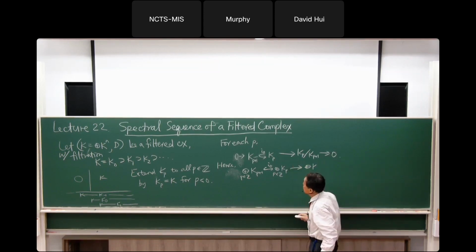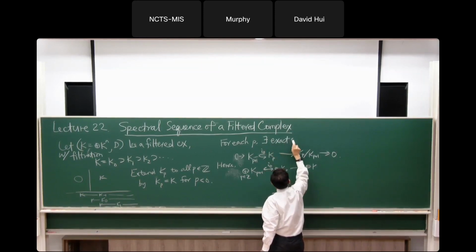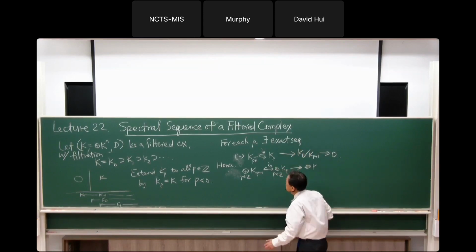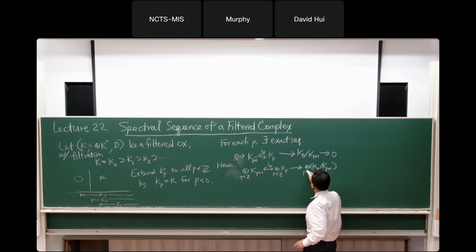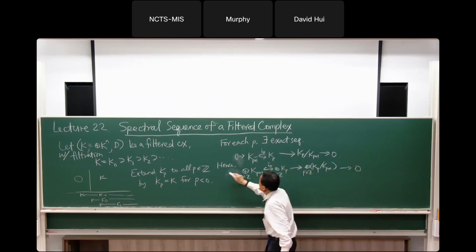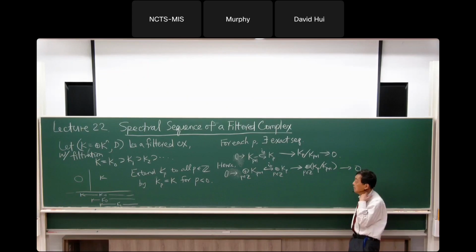So you have an exact sequence, and you can sum it up over all p. Now you have a short exact sequence of differential complexes,